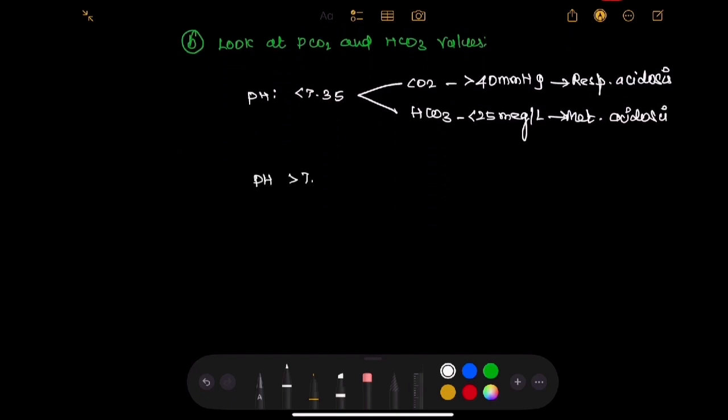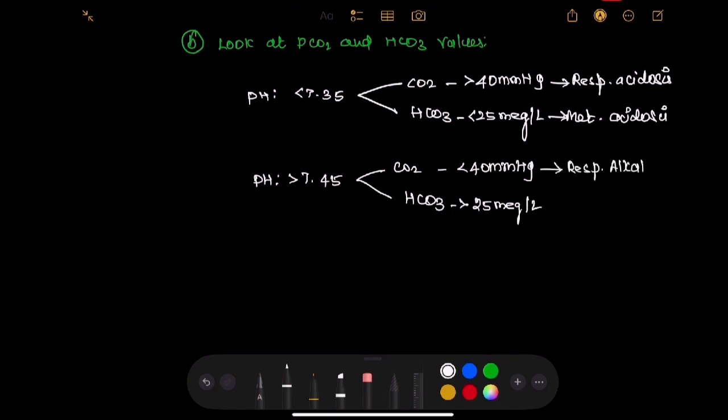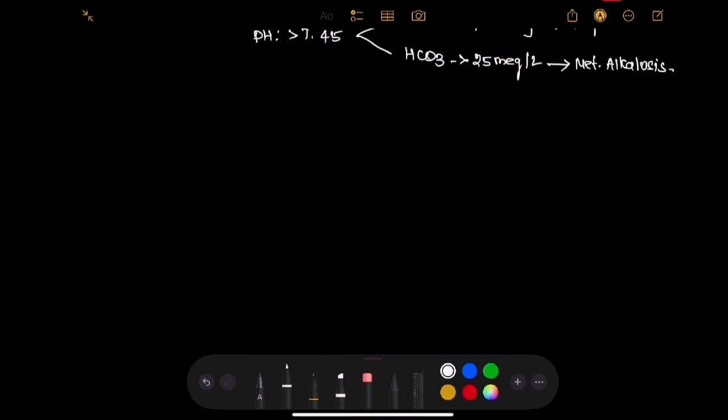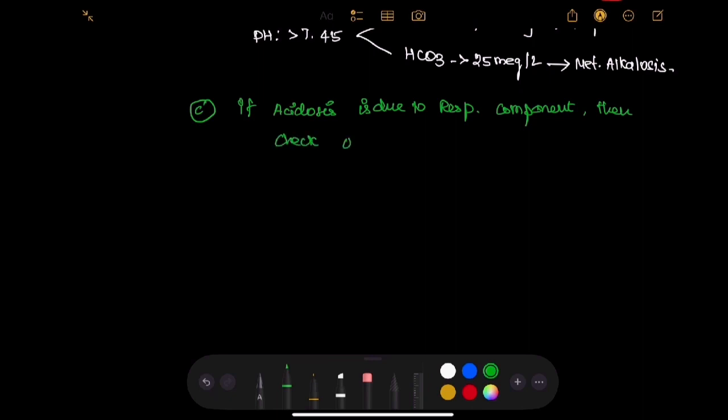If that alkalotic condition is associated with an increase in bicarbonate level of more than 25, we call it metabolic alkalosis. If the pH above 7.45 is associated with a decrease in carbon dioxide level of less than 40 millimeters of mercury, we call that condition respiratory alkalosis. By using these simple steps, we can arrive at a conclusion whether alkalosis or acidosis is present, and whether the metabolic component or the respiratory component is present, we can identify at this level